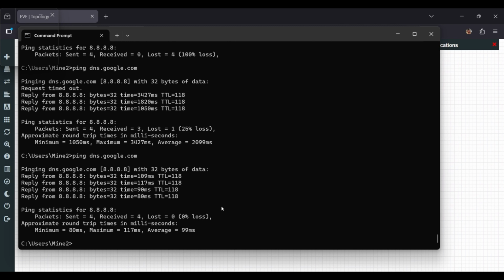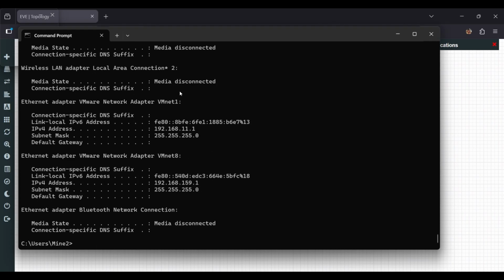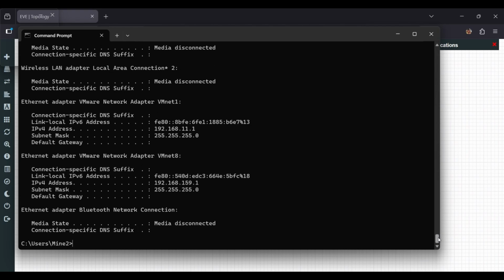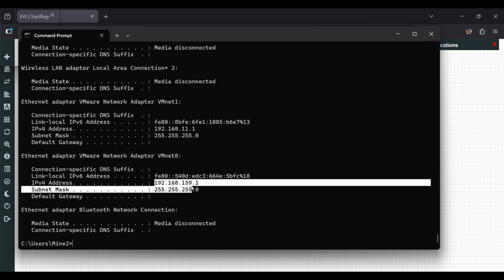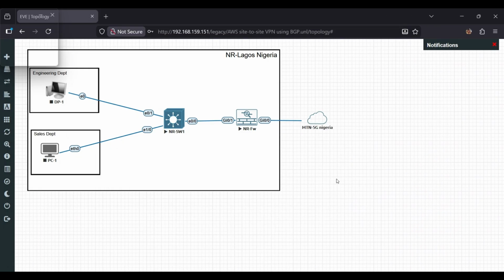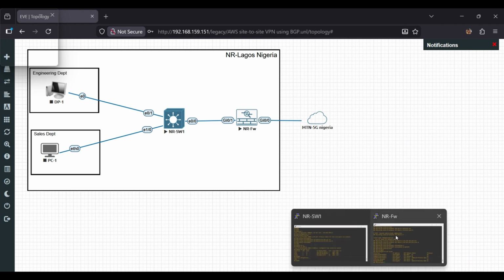You need to come here, ipconfig, and check the IP address of my interface connected to the internet. This is the IP address that my VM is using to browse, the NAT interface of my VM. So I will give it an address in that range, going to .2.